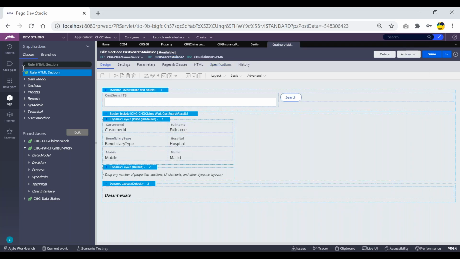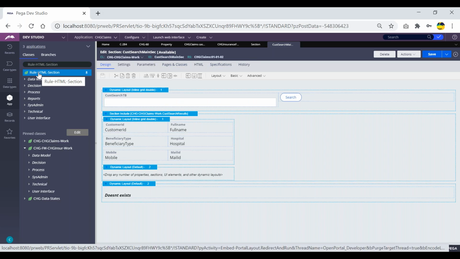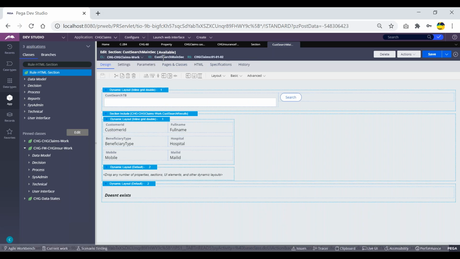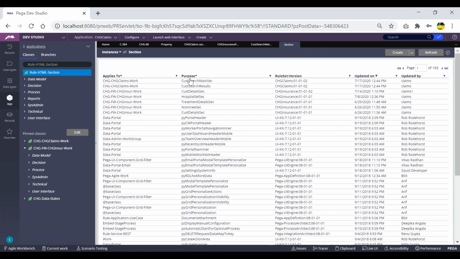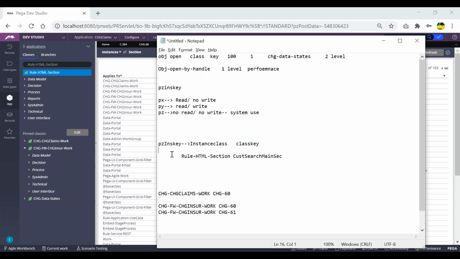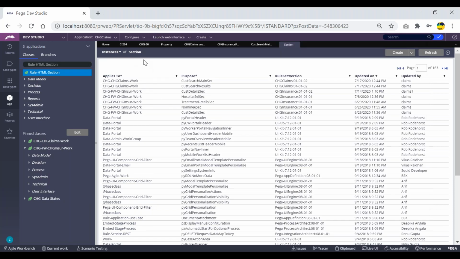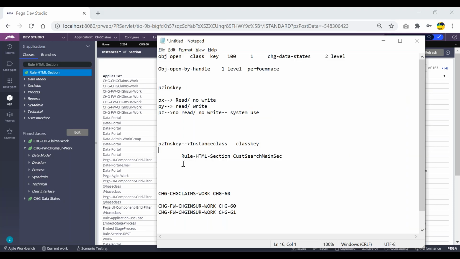There will be one table connected to this particular class also. For each and every class, if it has instances, it should have one database table connected to it. And the instances we are seeing here are stored as records there. So for each and every record in the database table, or each and every instance, there should be one PZINS key column. That's for sure. So to find the PZINS key of this particular section instance, we can get the value like this. This is the definition and this is the value. Understood now?